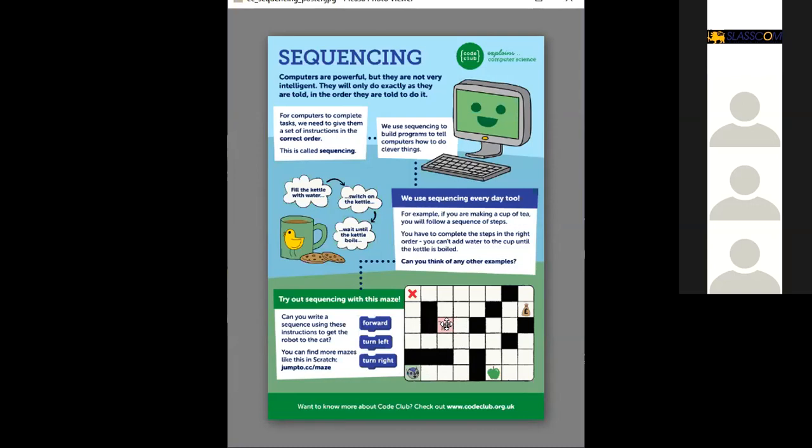You can put the steps together, right? Again, forward, forward, forward, forward, turn left, forward, forward, forward, forward, turn left, and then you can catch the cat.